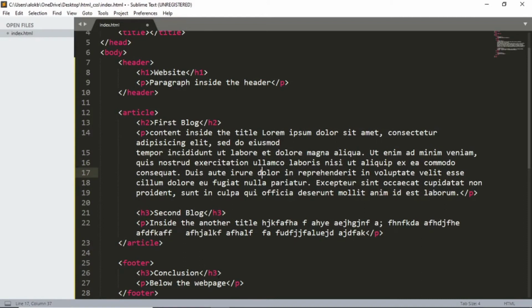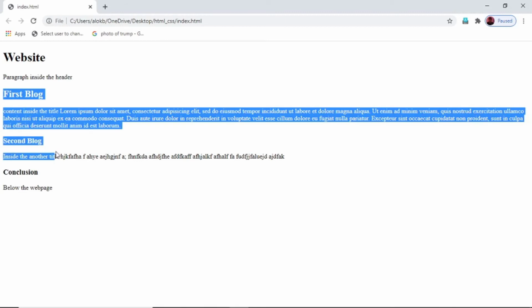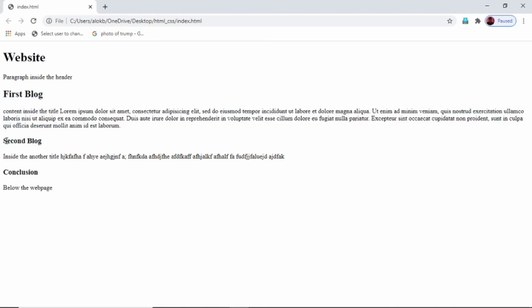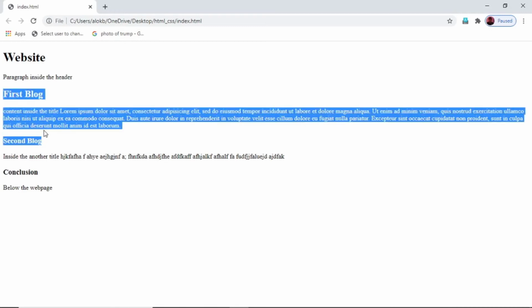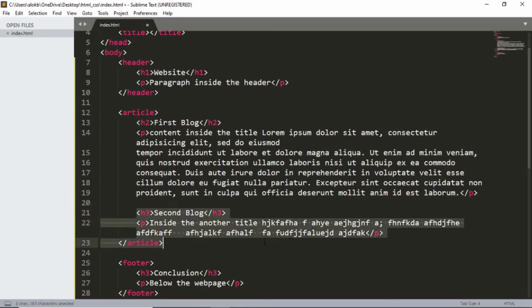Okay, now if we look at our article page again, there is one more field present inside this article. Now the section of the page which is related to the content surrounding it but is viewed as separate, we call the aside section. So that means this second blog is the aside section of this first blog. Now let's structure this also in our code. So I will simply wrap this all inside the aside element. So aside,